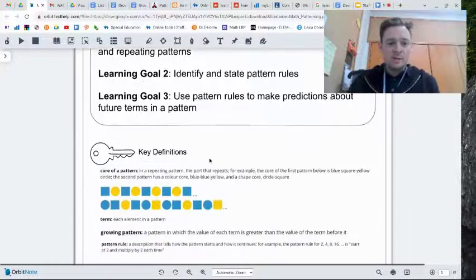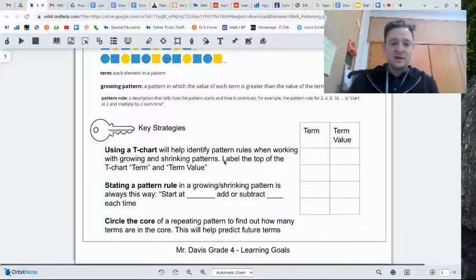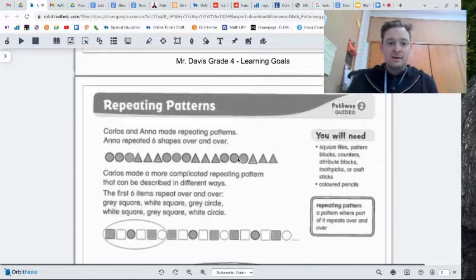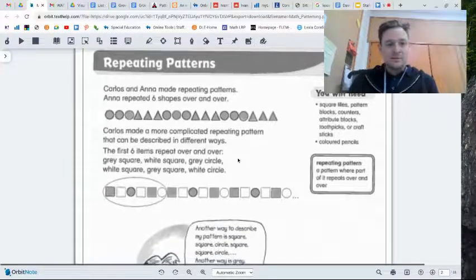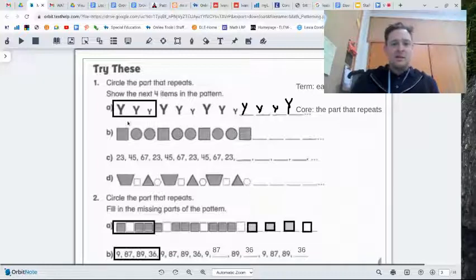We're getting into your math workbooks today. So the first page is just a review of our learning goals and some key definitions and strategies, so you can refer to that as we roll on. And the first page, we're just going to start it down here. So on this page, what we're looking at is